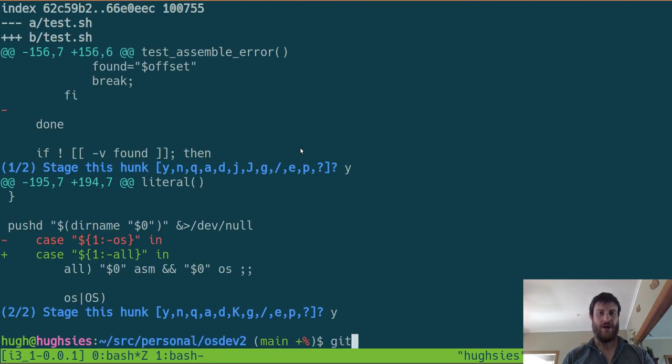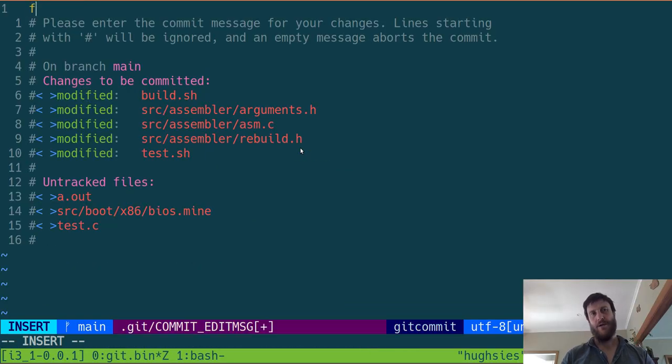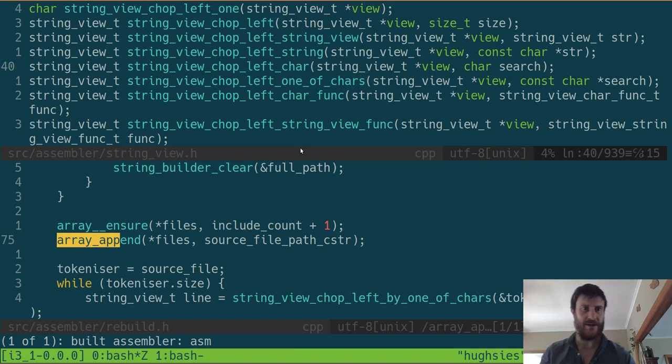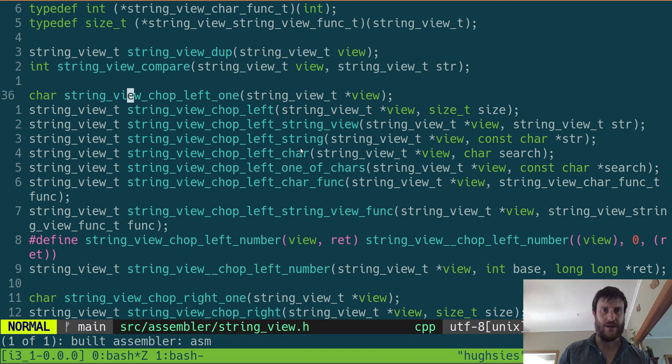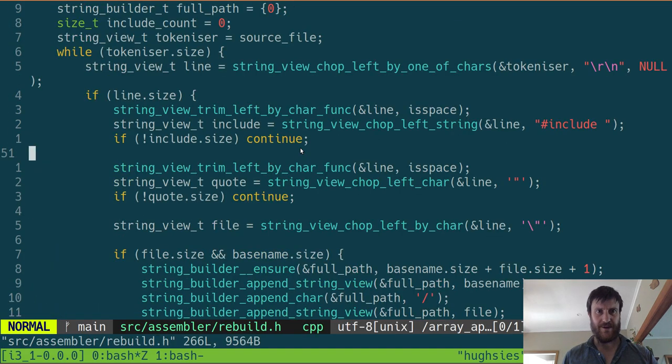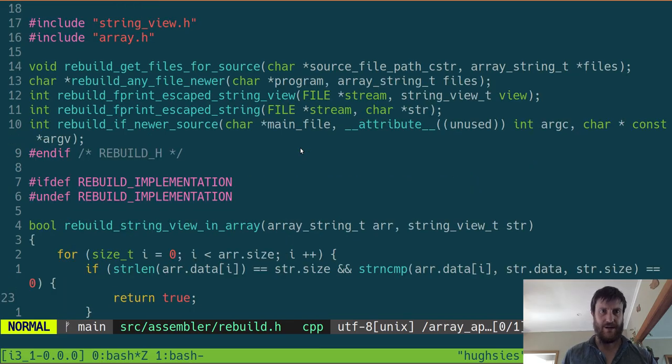Or git commit: fix rebuilding, checking recurse coding. Sure, that's a good enough commit message. Cool. So the string view stuff. Was that everything I actually wanted in the